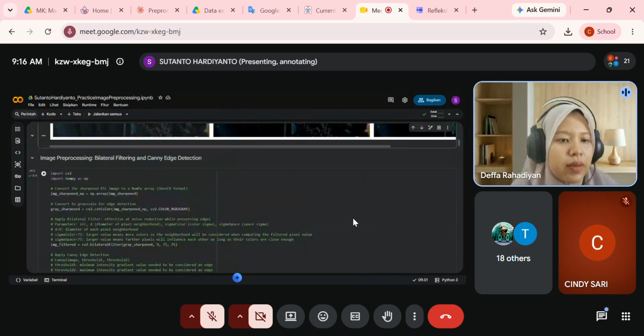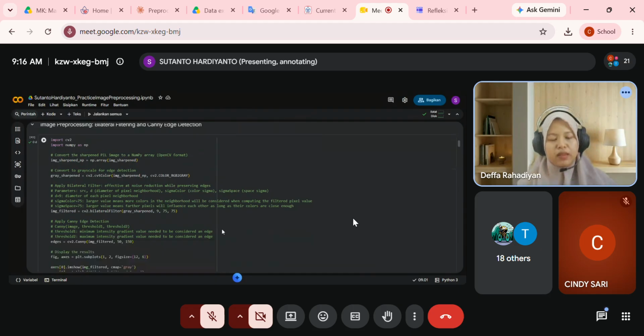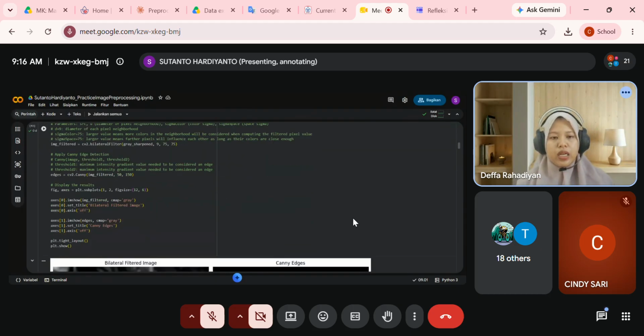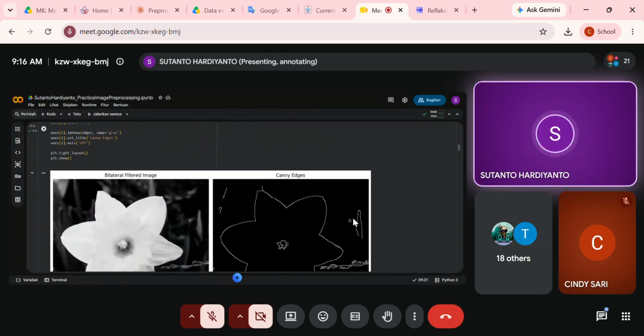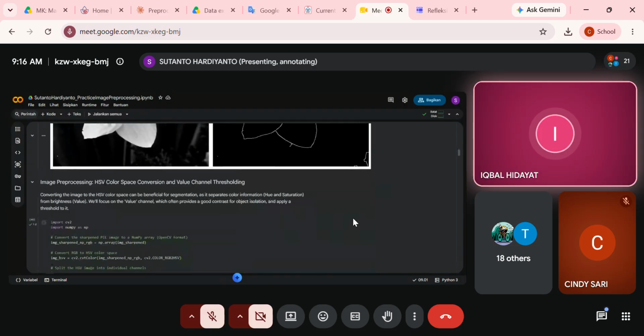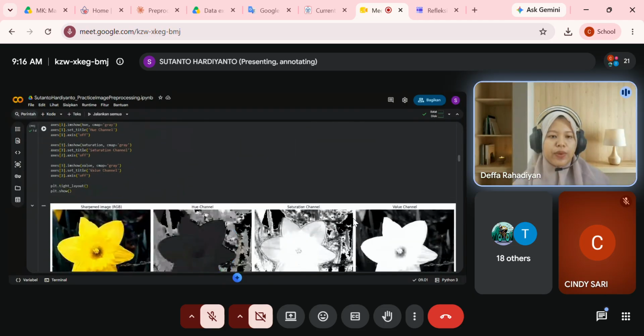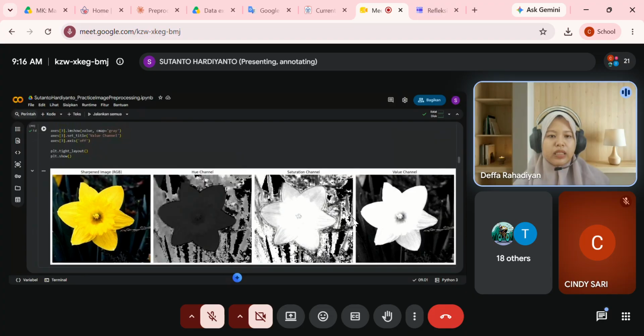Maybe you can see in here. Oh, this is image sharpen. It means that after image sharpen, after you enhance the image and do sharpen, then you do Canny edge detection. Okay, scroll down. After Canny edge, we found out that we already have the edge. And then in here, you choose HSV.